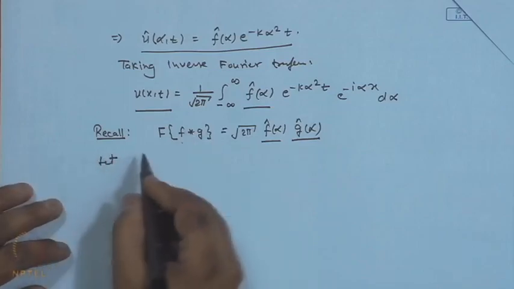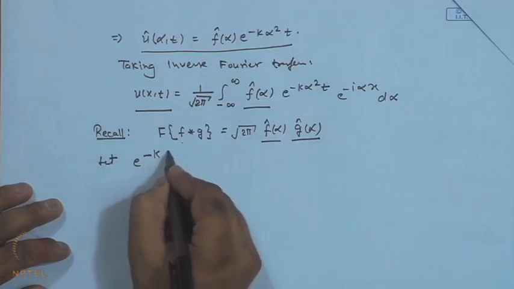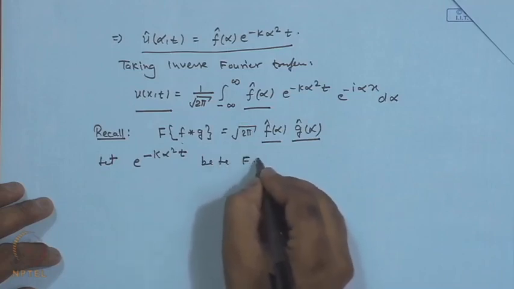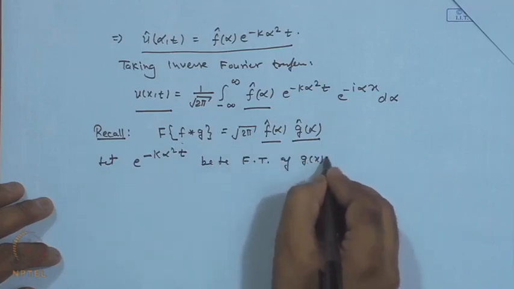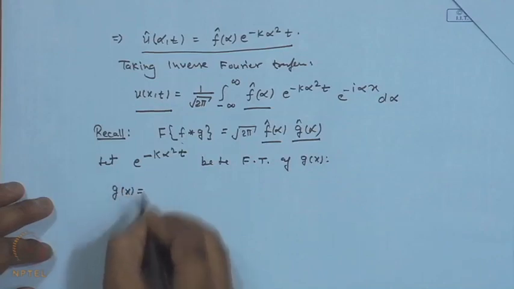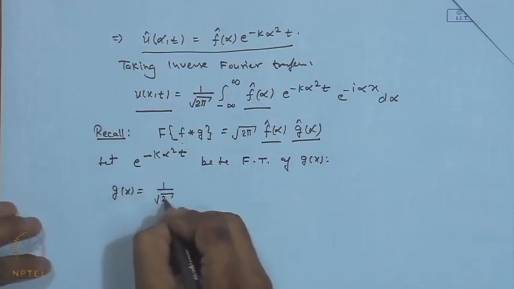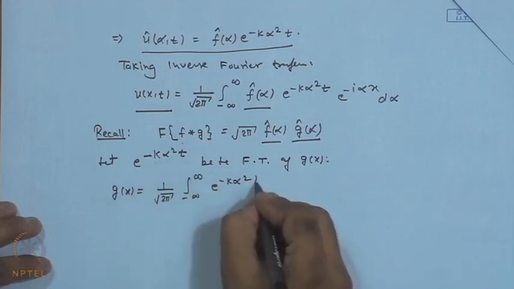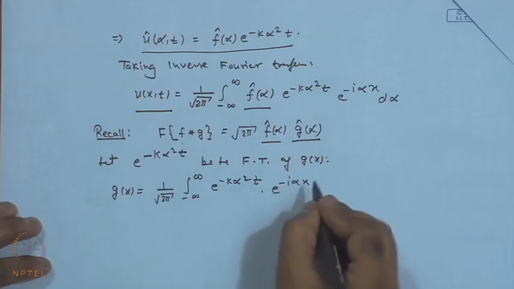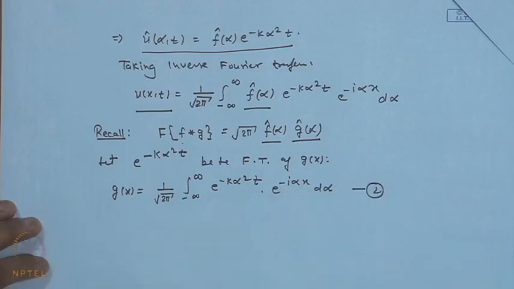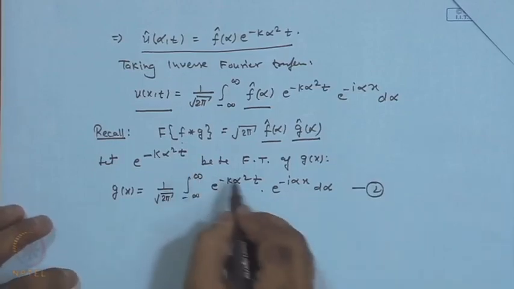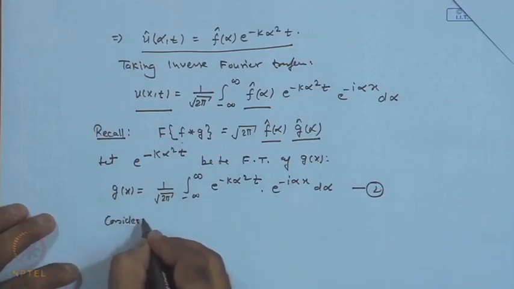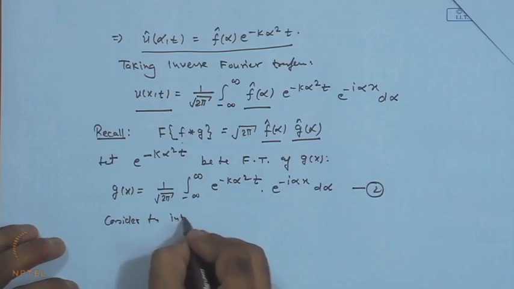So, we let e^(-k alpha^2 t) be the Fourier transform of g(x). Then by the definition, we have 1 over square root of 2 pi, integral from minus infinity to plus infinity of e^(-k alpha^2 t) e^(-i alpha x) d alpha. Now we need to evaluate this integral. For this we consider a bit simplified form. So, consider the integral